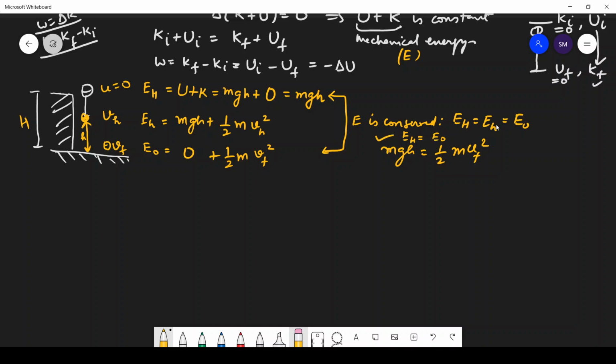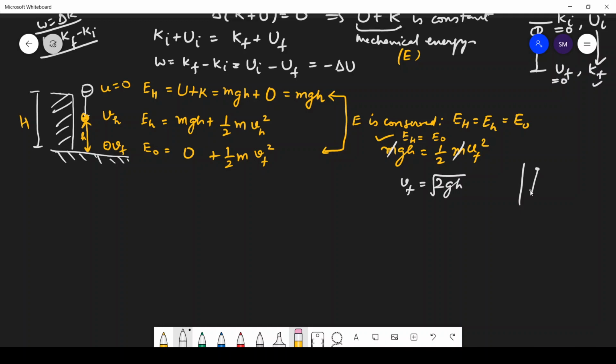So what do you get? m will cancel out, and what is final velocity? So vf is equal to, this 2 will go that side, and this is square, so this will be square root. So that's your final velocity, and that is of course the final velocity when you take the body dropped